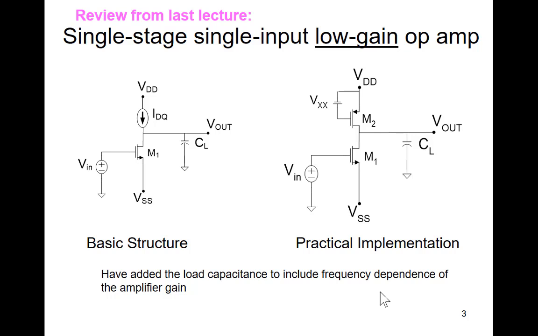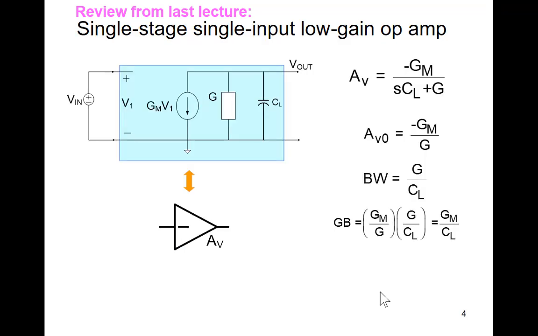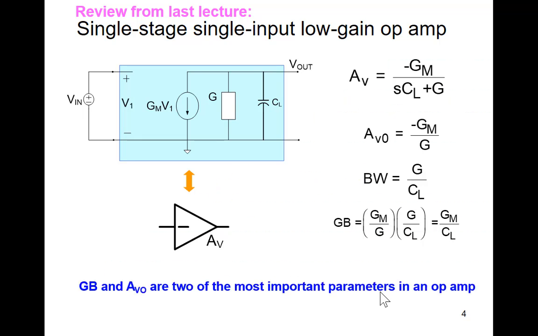We modeled the amplifier structure as a two-port network with two conductors, two transconductance elements, one G and one GM. And we can model any single-stage op-amp with an infinite impedance this way. The only difference between one structure and another is the value for big G and big GM. We observed that the gain bandwidth product and the DC gain are two of the most important parameters of an operational amplifier. And we have a whole bunch of others we're interested in, but usually those are the ones that